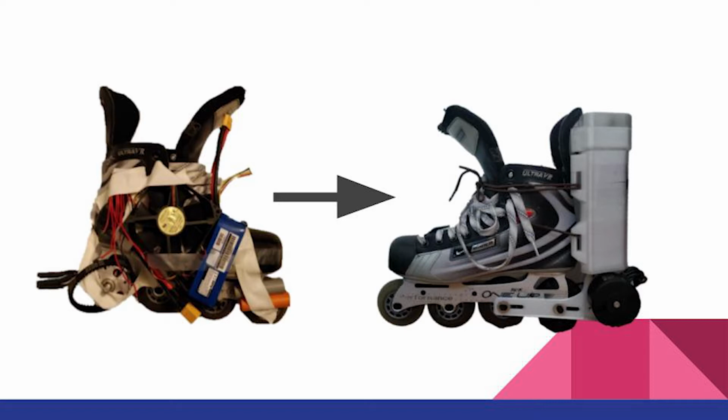Our goal with this product is to create a lightweight alternative method of transportation for commuters and rollerbladers, allowing users to traverse small hills and cover large distances with relatively minimal effort. eBladeZ are motorized attachments for rollerblades comprised of a system of engineered components which can be compatible with a variety